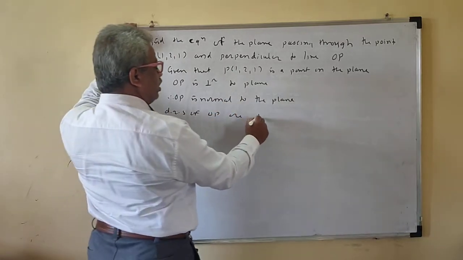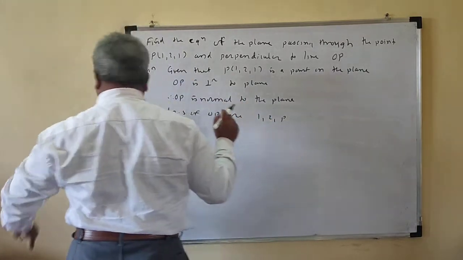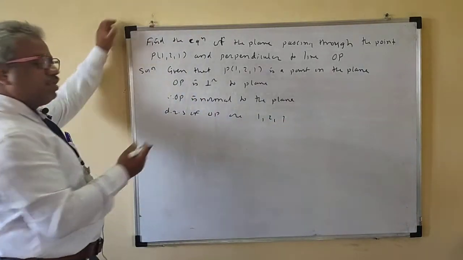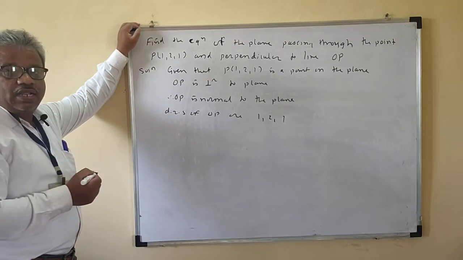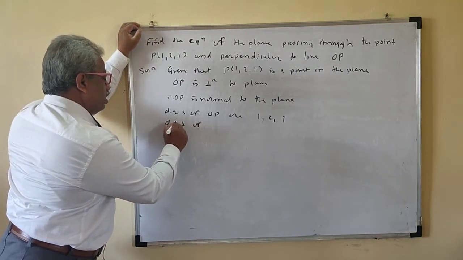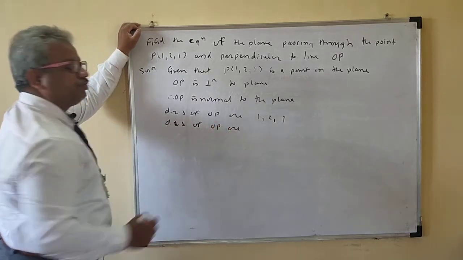DRs of just a point is nothing but the DRs of OP. So 1, 2, 1. Once we have the DRs, you can find the DCs also by dividing. DCs of OP are